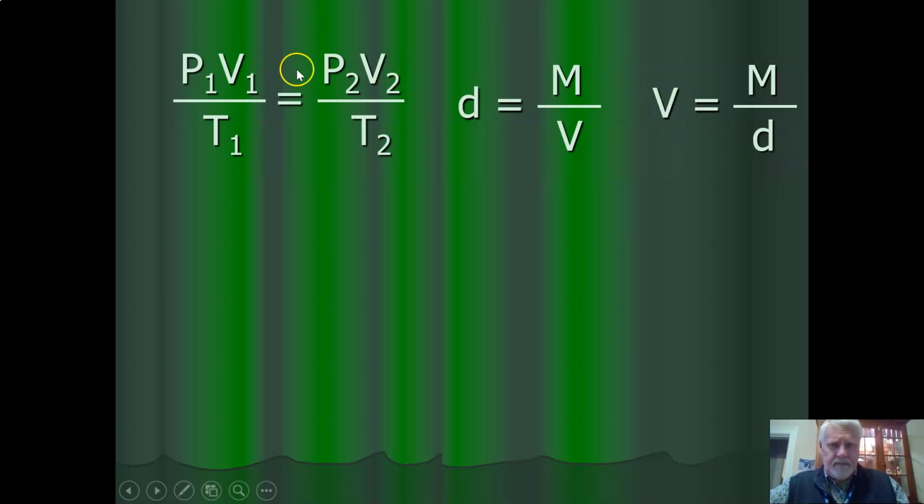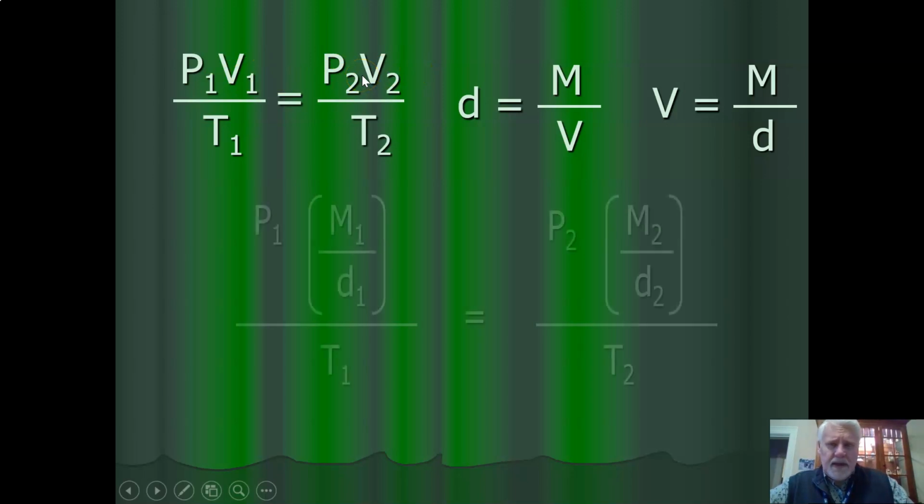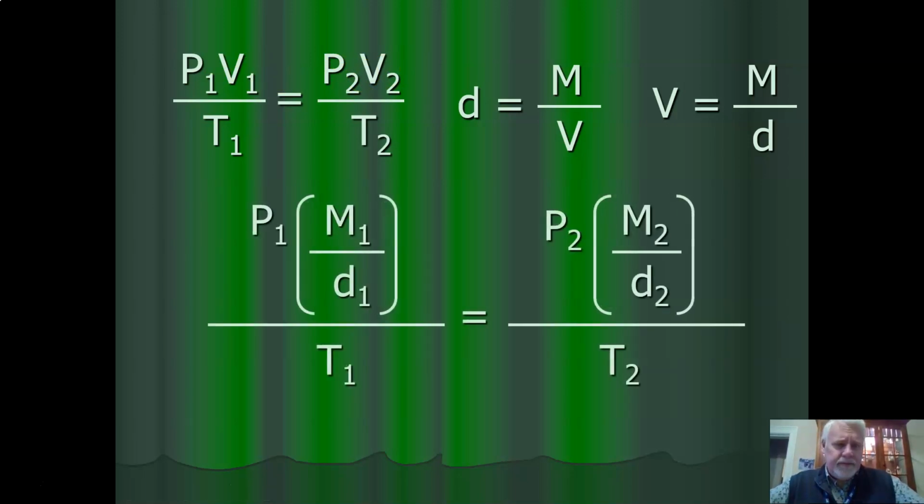Well, volume is in this equation, correct? We have a V1 and a V2. So what we can do is rewrite this and make sure this is in your notes. I might ask you on the test to show how you can take the combined gas law and the equation for density and manipulate them into a simplified form. All right? If we take a look at this,